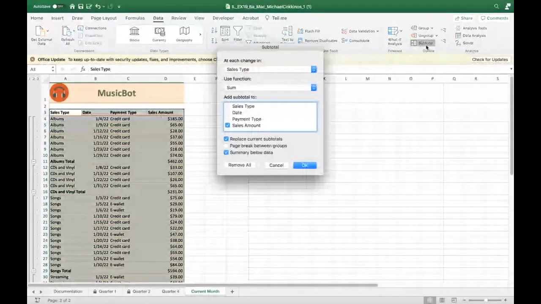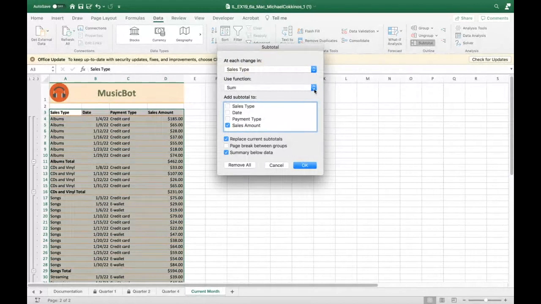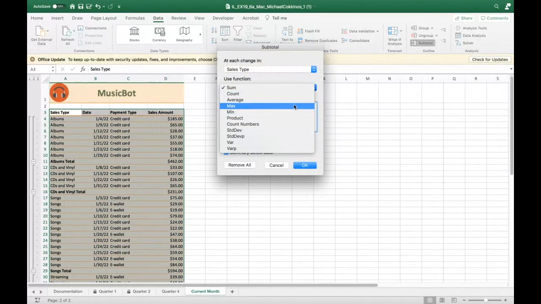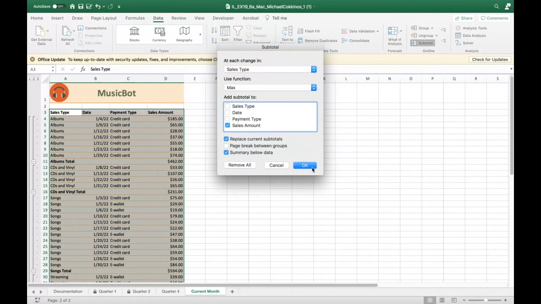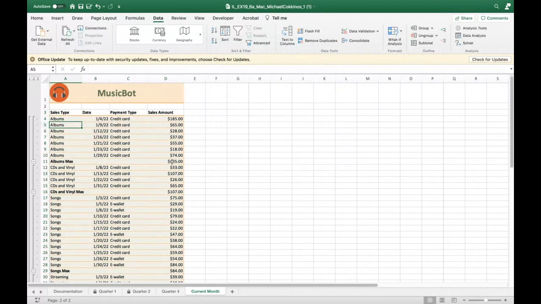Okay, does that make sense? And the other nice thing is that you don't only have to use sum. So you can do things like, well, let's see the highest one. Okay, so go to max, and now see 185, if you look through it, there it is. That's the highest one. So it's a great way to pivot the data a little bit so you can see